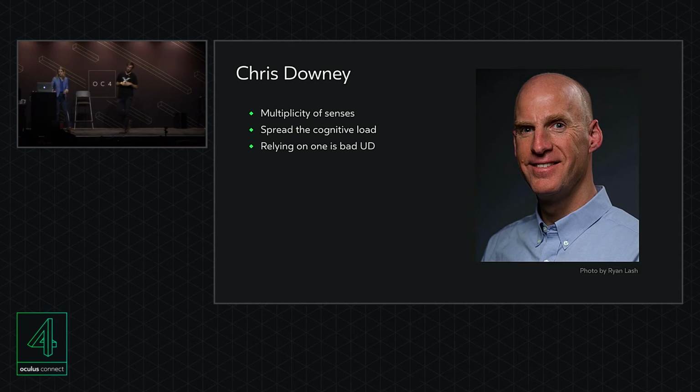And lastly, for architecture, someone we spoke with, Chris Downey, was incredibly informative. Chris Downey is an architect who happens to be blind. And Chris likes to emphasize that when we are designing physical spaces, we need to engage people along a multiplicity of the senses, so not just sight. Doing this lowers the overall cognitive load of the space and allows people to perceive that space more quickly. You could think of a water feature placed near the entrance of a building. You can hear that feature and tell without looking where you should be headed. Those kinds of things are just good universal design and help everyone, not just those with sensory impairments.